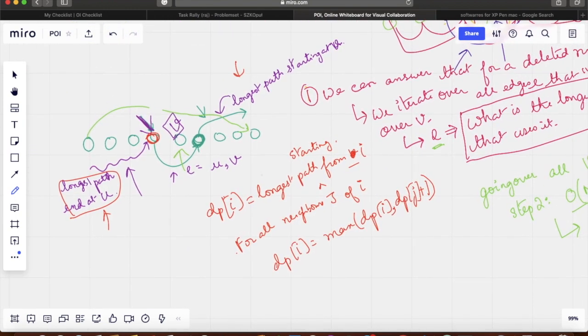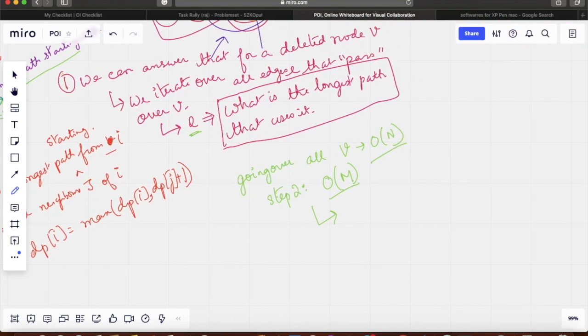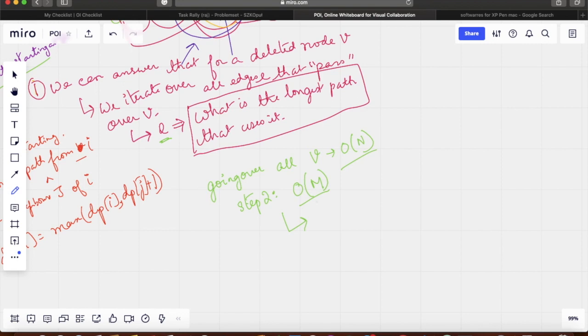So the longest path starting at some node u and the longest path ending at some node u. Since we have already calculated them, the cost for using this edge e is effectively the longest ending at u plus 1, since we are traversing the edge e, plus the longest starting at v. So edge e effectively goes from u to v. So this part is just order 1. So how do we optimize this? Because currently the running time is order n into m, right?